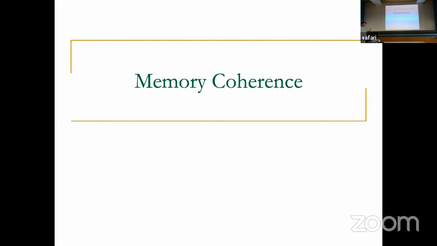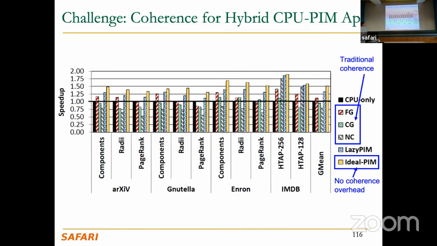In some cases, the workloads will be more complex. And in those cases, it's necessary to provide mechanisms to maintain memory coherence between the host and the PIM side. That's especially important when we have concurrent execution of host and PIM, and both host processor and PIM processors are accessing and modifying the same data structures. That was studied in some previous work of our group, and